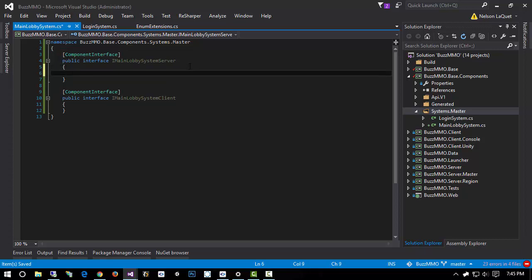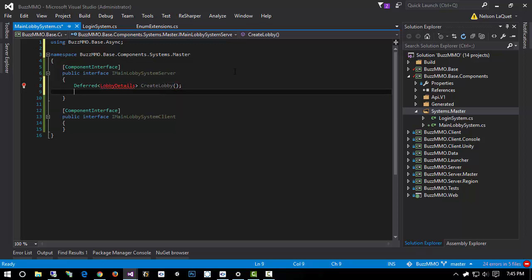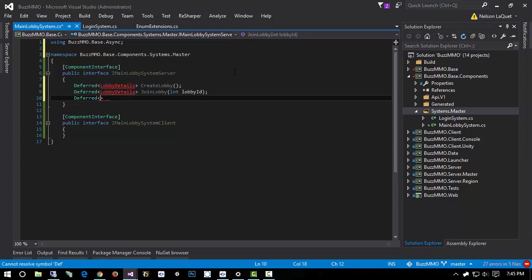So let's just do what we did before. I'm going to write all the methods first, and then we'll write the DTOs that we're going to need. This will be a little bit more involved than the last one. So first of all, we're going to have a deferred of type lobby details called create lobby. So when we create a lobby, we don't pass any parameters in, and we get back a lobby details object. Then I'm going to go ahead and create a deferred of lobby details called join lobby, and for that we'll pass an int lobby ID, and then we'll do a normal deferred,